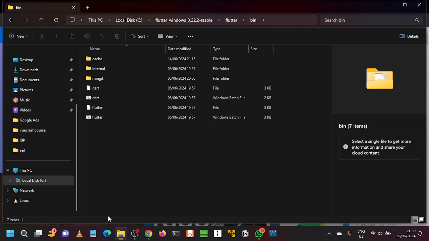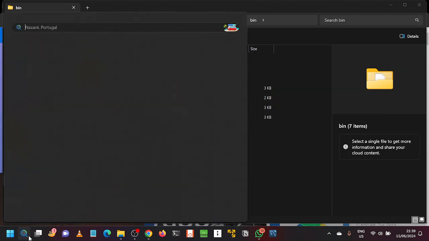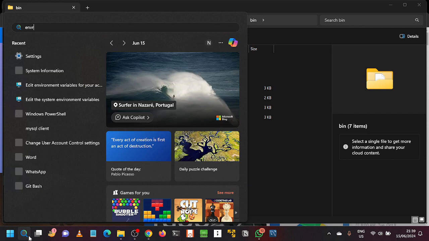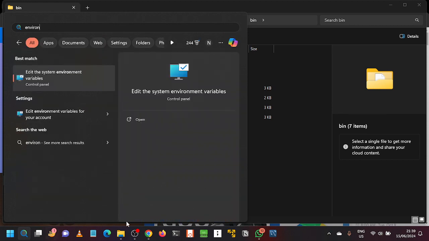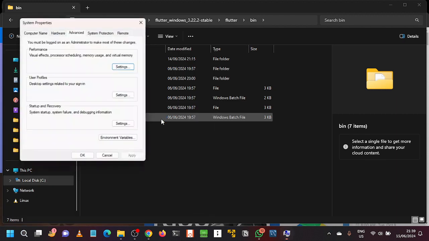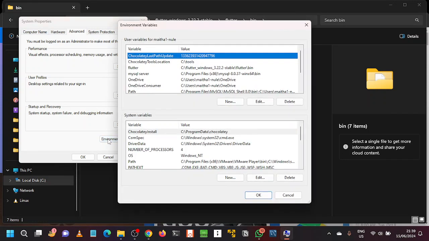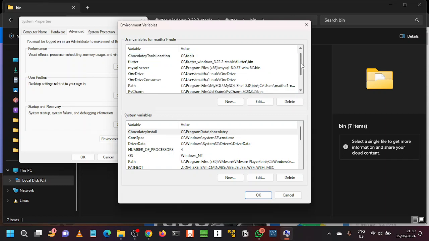So after doing that, you'll search for environment variables. Let me just search for environment variables, and then just open it. After opening it, open environment variables, this value here down, and then come here. We are supposed to add what you have copied into this path variable here. So just come here and click on the path and then say